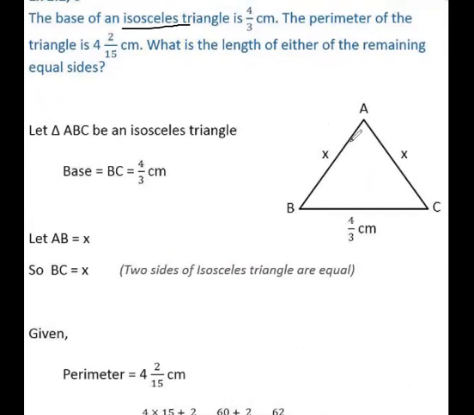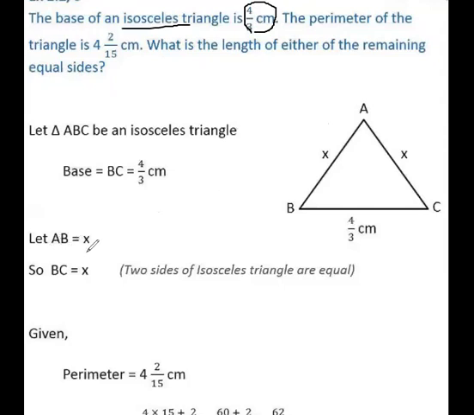Now in this, why are we taking x? We could take x on one side and y on the other, but it says isosceles, which means that two sides will be equal and one will be different. So you could say that these two are equal, they're x, and this side is different, and it is given as 4 upon 3. What is it? It is the base. Now we have AB, AC, and BC.